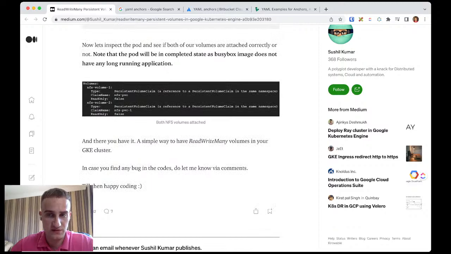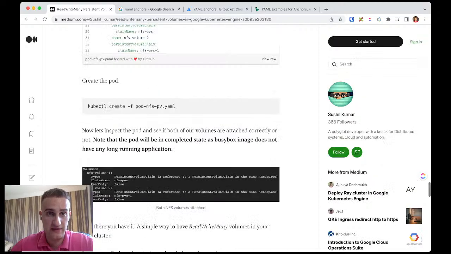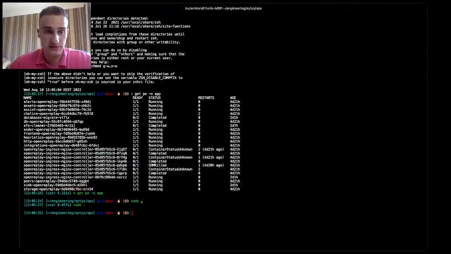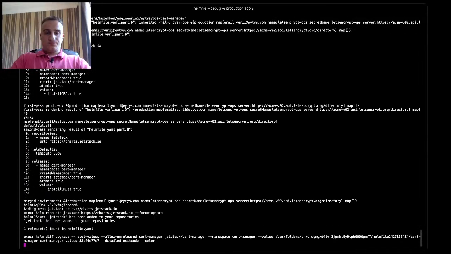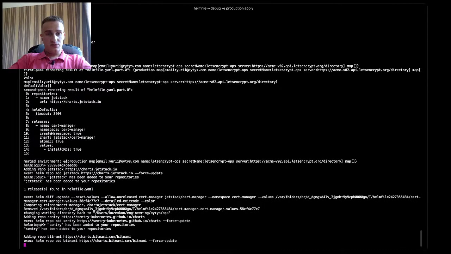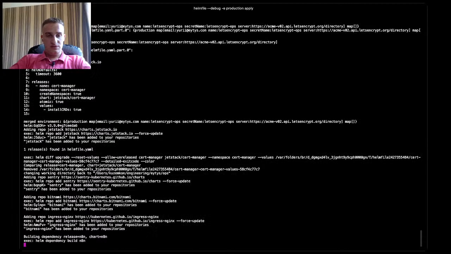Okay, perfect. So let's try to apply this deployment right now. Let's go to the terminal and run helmfile debug production apply and see what will happen. This is a pretty simple setup, but let's hope that it will go smooth from the first attempt, and after that we will be able to make a test of our service to make sure that